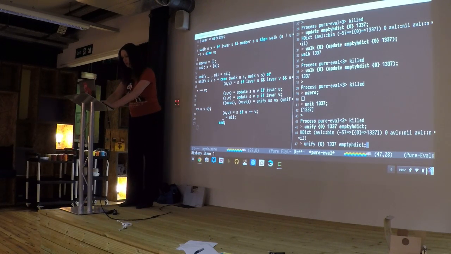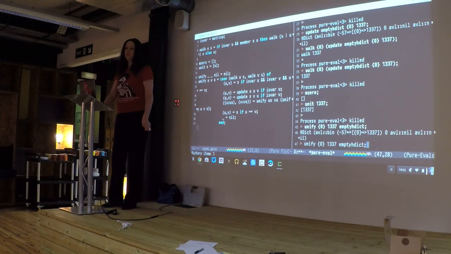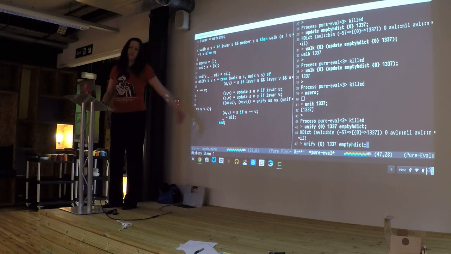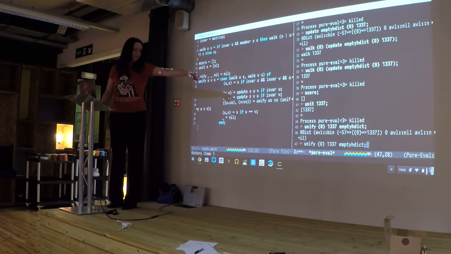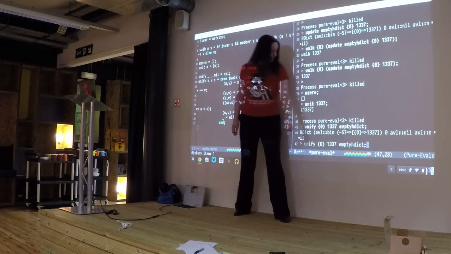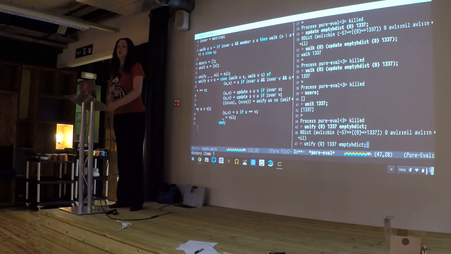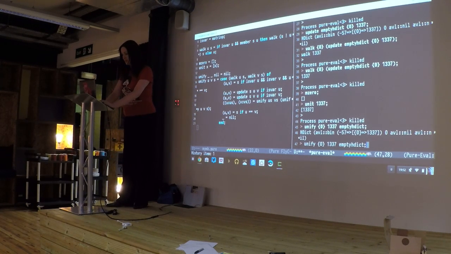So the minus 57 is just the name of one state? I'm guessing it's some implementation data, perhaps the hash of the key or something, because this is a hash dictionary. But it's not important in any way. That is just how Pure chooses for some reason to output the dictionary. The important bit is only this, essentially. There's only one solution for the goal. Well, not the goal, we're not at goals yet, but that will be the result of the unification. That we now know that logic variable 0 is 1337. Don't worry. Just want to show you that